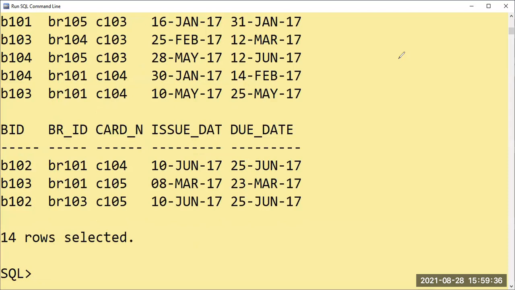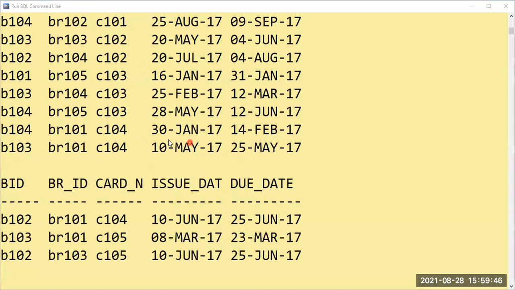Have a look here, everyone. See, 10th of June, 25th June; 8th March, 23rd March, exactly 15 days I had increased. Okay, 10th of June, 25th June; 30th Jan, 14th February; 28th Jan, 12th June; 25th February, 12th March. You can check here 26, 27, 28, 29. 29 will not come.